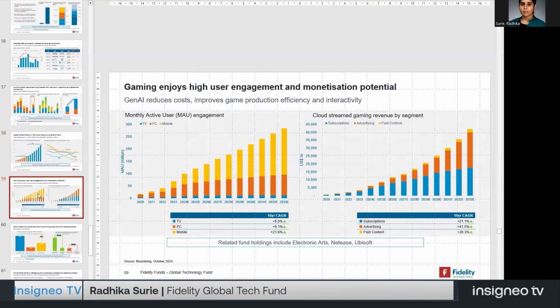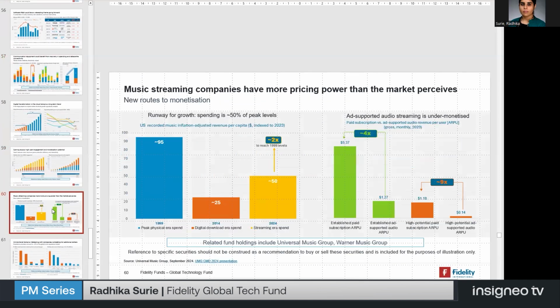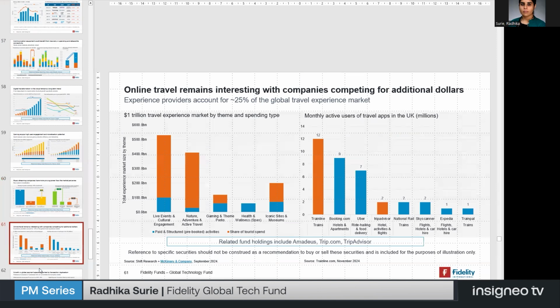We've talked a little bit about the cloud, but on the more consumer facing side of things, we do have exposure to gaming businesses, to music companies, where I think there are not that many portfolios that have investments in music labels. But if you actually look under the hood, while the market thinks that these businesses are losing pricing power, they're actually seeing an improvement in pricing power. And that's where looking at stocks on a bottom up basis pays off because you're seeing more and more streaming revenues come through for such businesses. There are new use cases and tie ups to commercialize and monetize the intellectual property of the music labels. So we do have a number of such businesses.